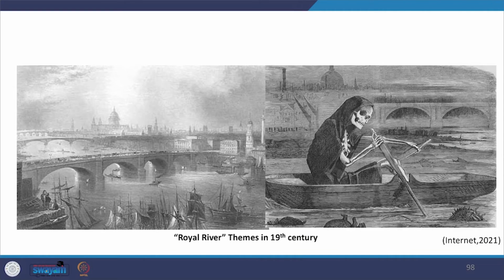Now let us look at London city. London's population grew and more than doubled between 1800 and 1850, making it by far the largest in the world. The build-up of waste itself became a spectacle no one wanted to see or smell. For centuries, the Royal River Thames was an element of display. The city's main thoroughfare had doubled as a dumping ground for human, animal and industrial waste.